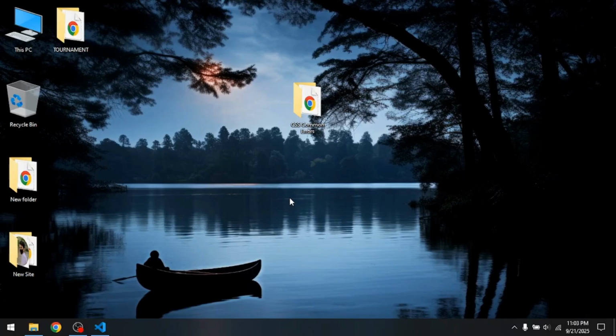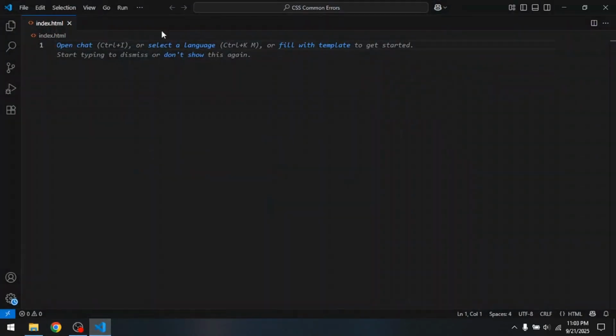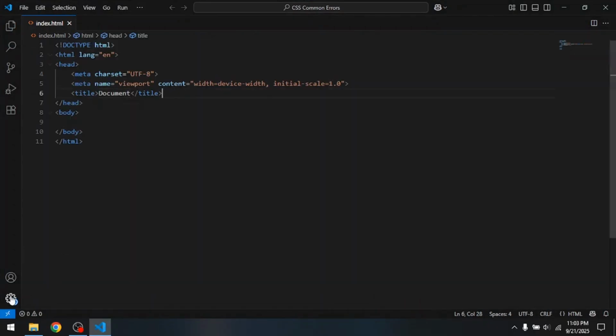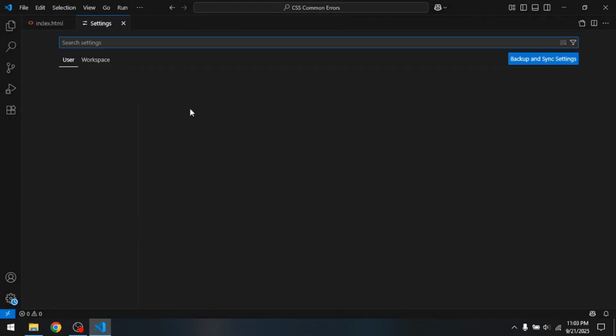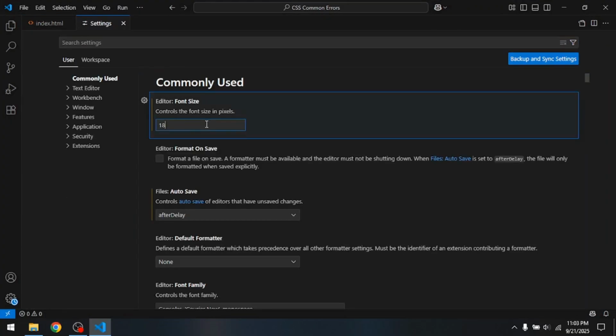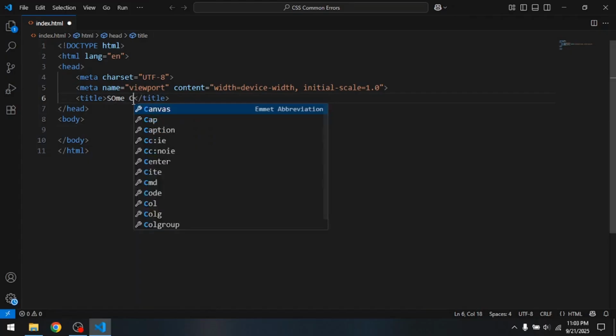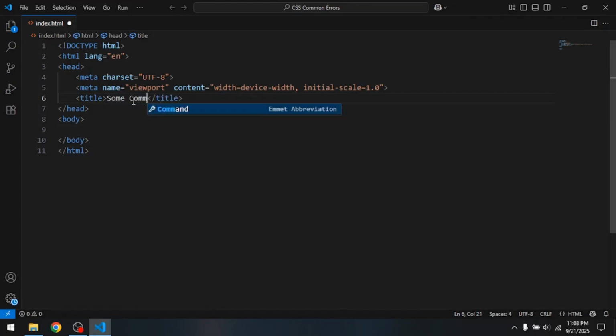So now I'm going to open Visual Studio Code. So this is Visual Studio Code, and let me increase the text size to 80. So this is the HTML structure. Some common CSS errors. Now today in this video I'm not going to write CSS internally, I'm going to write